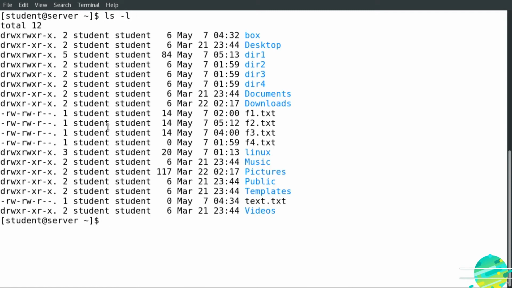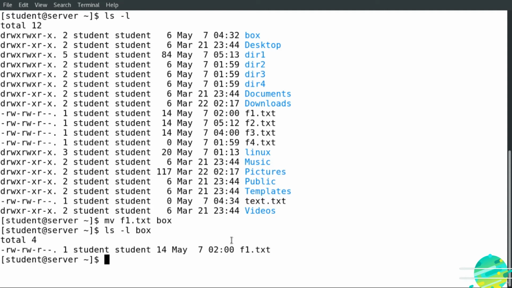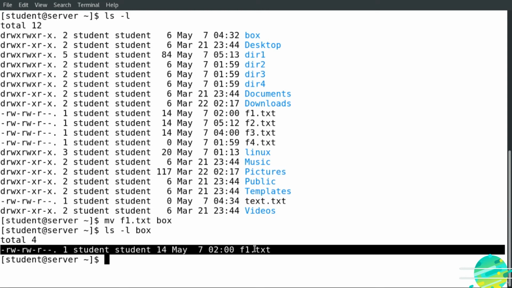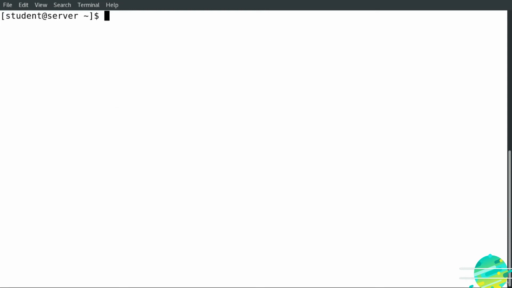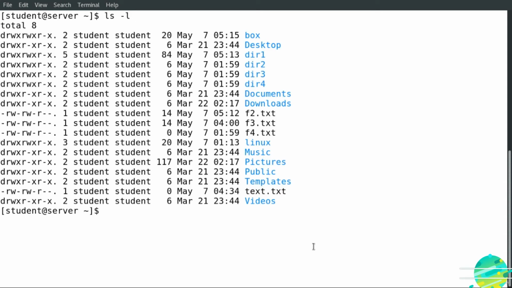I would like to move f1.txt to the directory box. So I'm going to type mv f1.txt to box. Then I'm going to hit enter. I'm going to check right now the directory box. As we can see here, we have the f1.txt. Let's double check the main directory, the home directory. Right now we don't have f1.txt anymore in